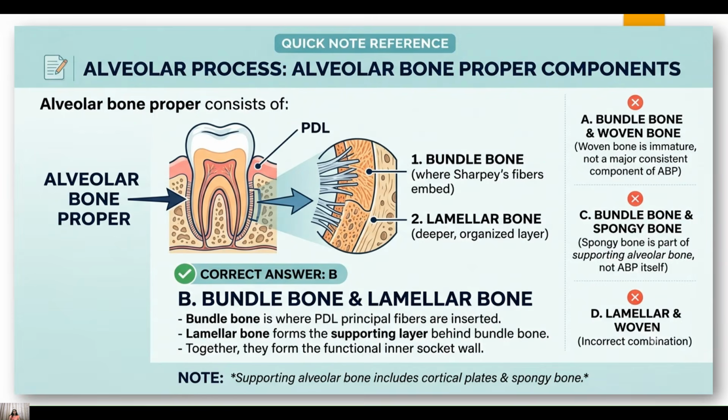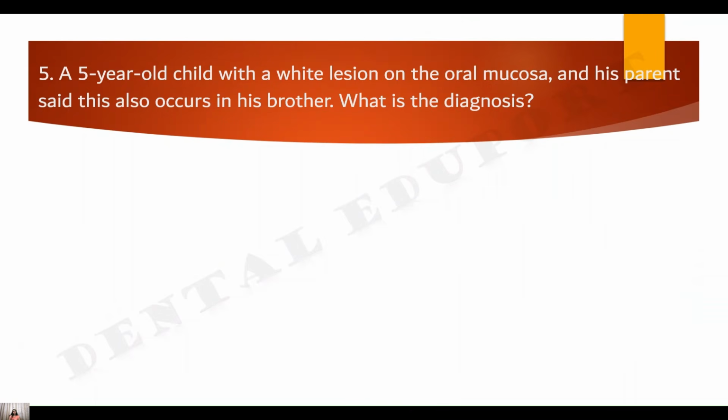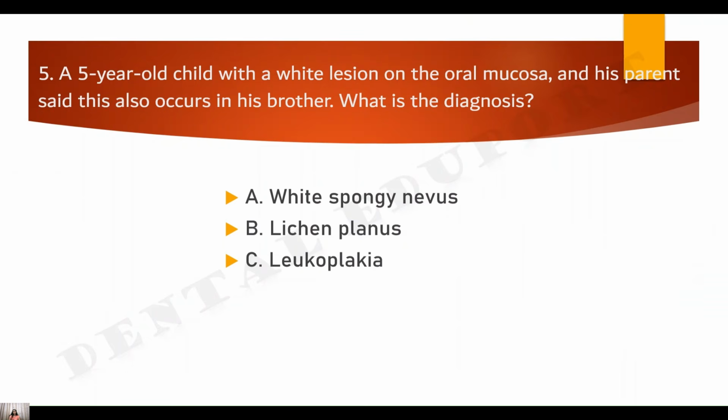Our next question. A 5-year-old child with a wide lesion on the oral mucosa, and his parents said this also occurs in his brother. What is the diagnosis? A. White spongy nevus, B. Lichen planus, C. Leukoplakia, D. None of the above. The correct answer is